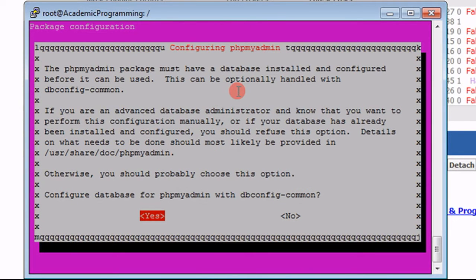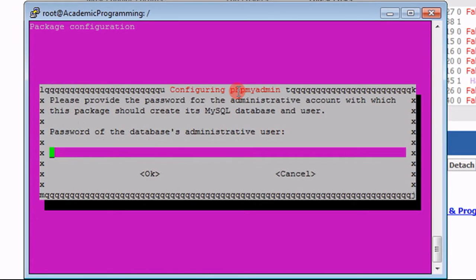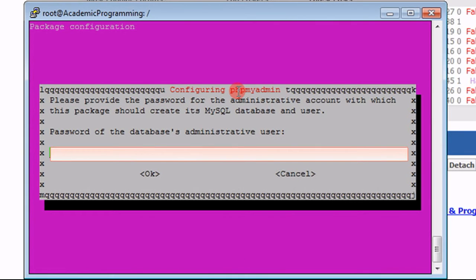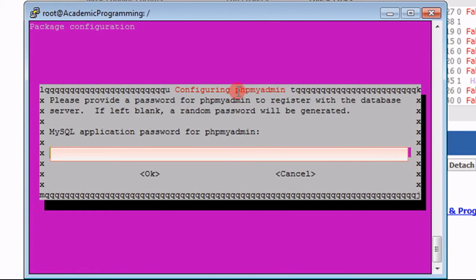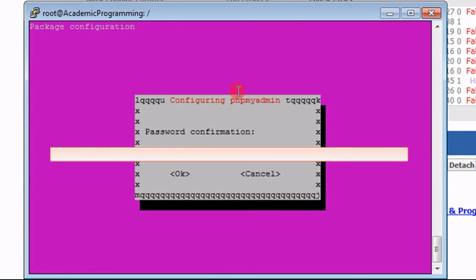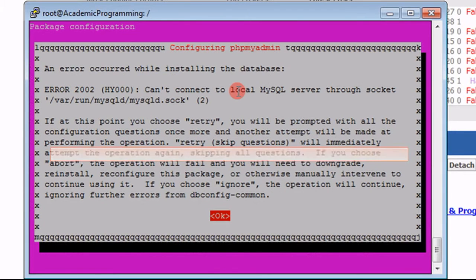Okay, so now you'll come up with a message saying the phpMyAdmin package must have a database installed and stuff like that. Now, I made this mistake before. Do not choose no, because if you don't put it in there, it can screw it up a little bit. So let's just choose yes. Okay, so now that we have that,